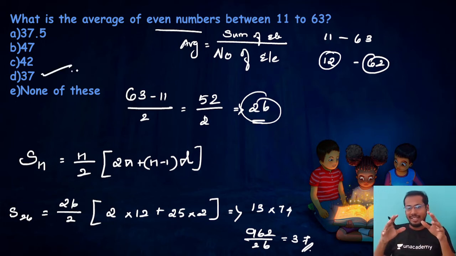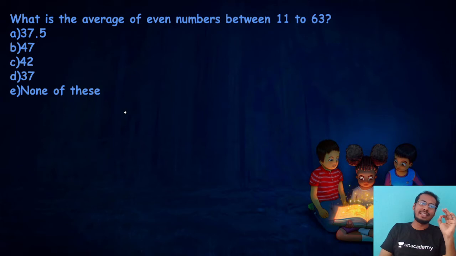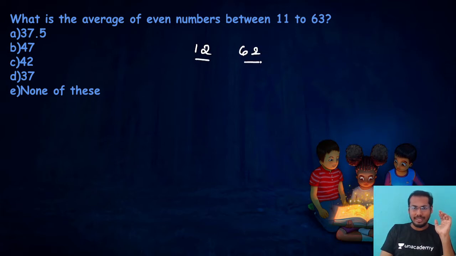So actually shortcuts everybody knows. This method was asked by so many students, so I explained how to solve this problem in AP, using the summation formula. If you solve this you will get the answer, but at the same time, how to get the answer immediately? I will explain that concept also. Please listen. What is the average of even numbers? Just take the average of 12 to 62, correct? The even numbers are 12 and 62, so just add the numbers and divide by 2, you will get the answer.